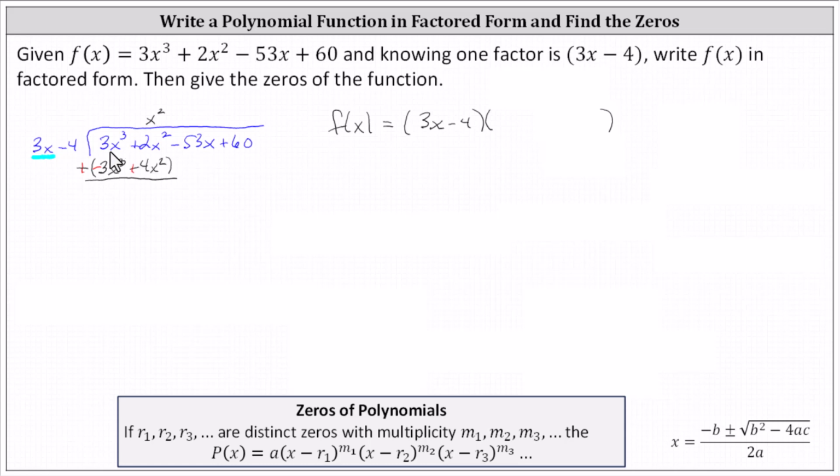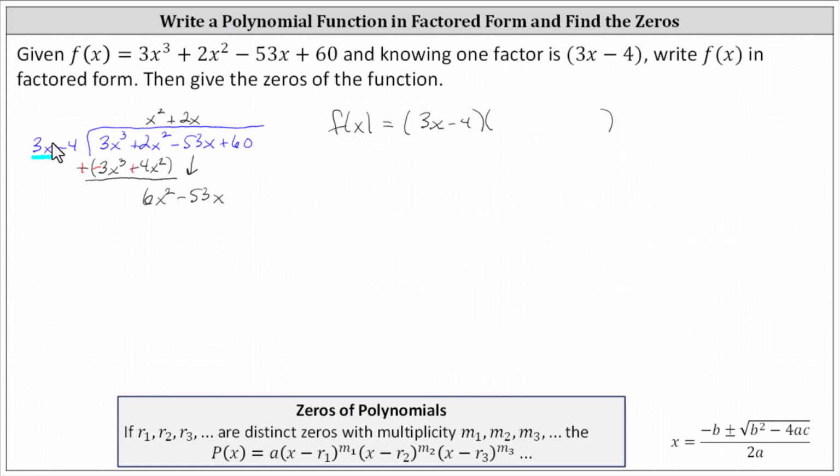Adding 3x cubed plus negative 3x cubed is 0, and then we have 2x squared plus 4x squared, which is 6x squared. Bring down the next term, so we have minus 53x. And now again, we only focus on the 3x of the divisor and now 6x squared, and determine what times 3x is equal to 6x squared, which is 2x. The next term in the quotient is 2x, so we have plus 2x above. And now we multiply 2x times the divisor,